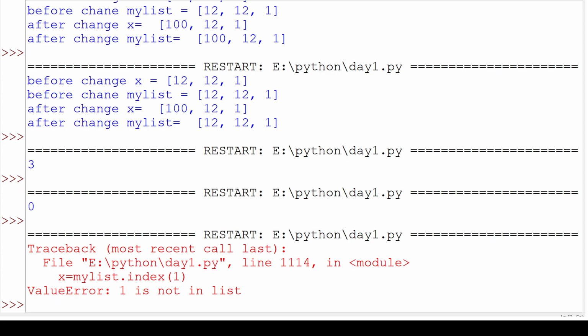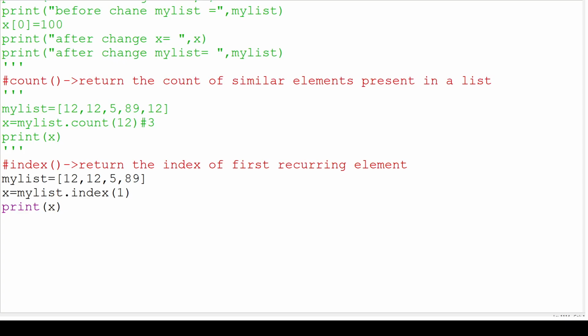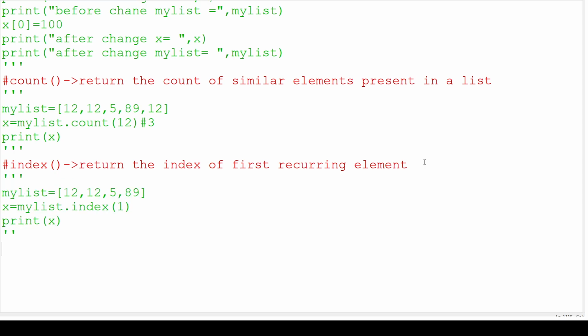Let's move back to the coding. First I will comment this, and then we will continue with the next topic. Now the next thing is reverse, which is nothing but just to print the reverse of the string. Sorry, the reverse of the list. Reverse function